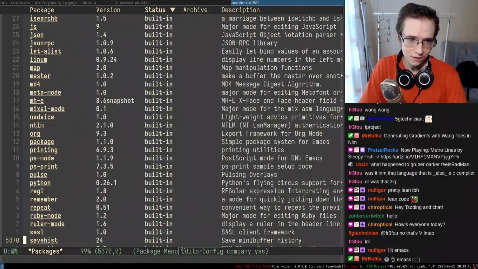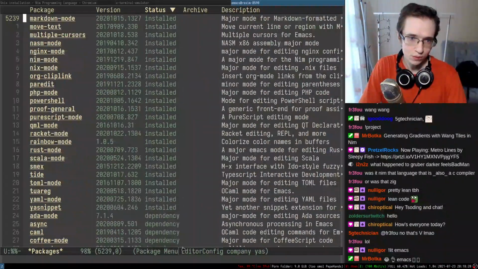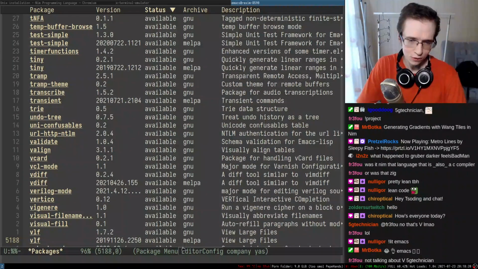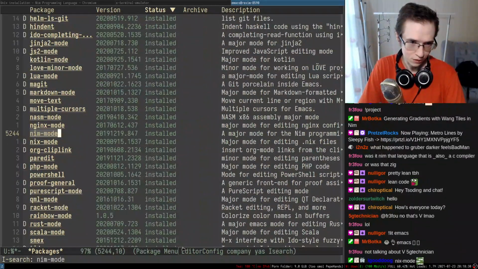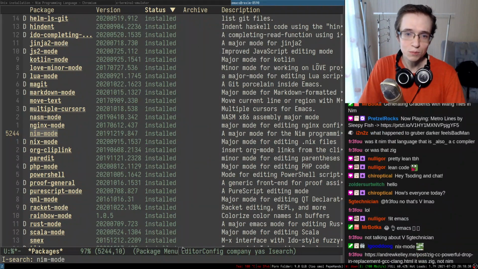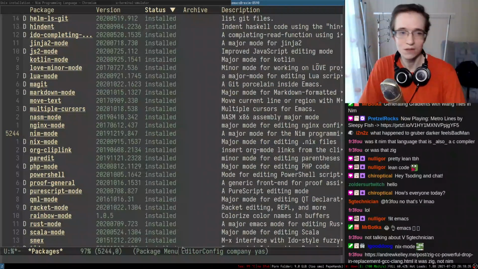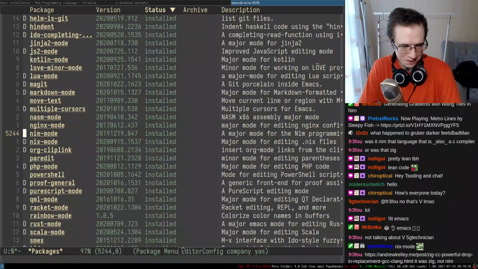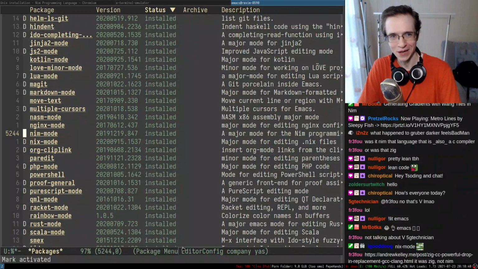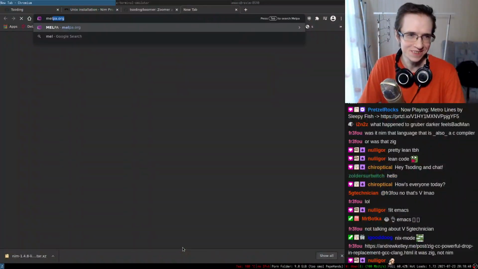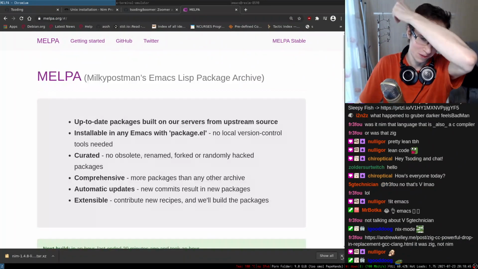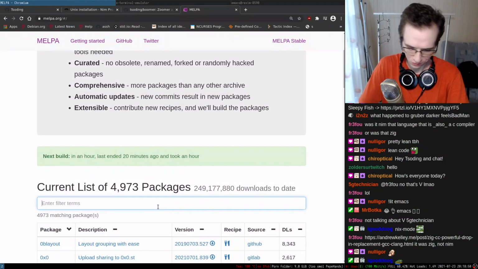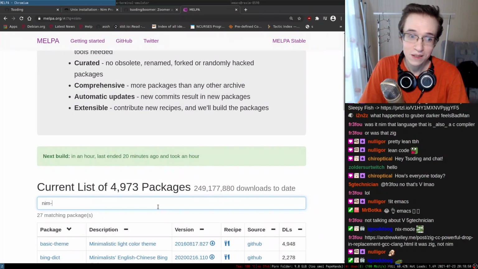Does it require any updates? How can we know if it requires any updates? I think to update everything you have to press Shift U, and it marks everything that needs to be updated. And if I take a look at Nim mode, funny enough, Nim mode was never updated recently. Nobody programs in Nim on Emacs apparently. This is actually really interesting. Nobody fucking uses this shit. I do understand that, I don't program in Nim usually either, so I think it's only fair.